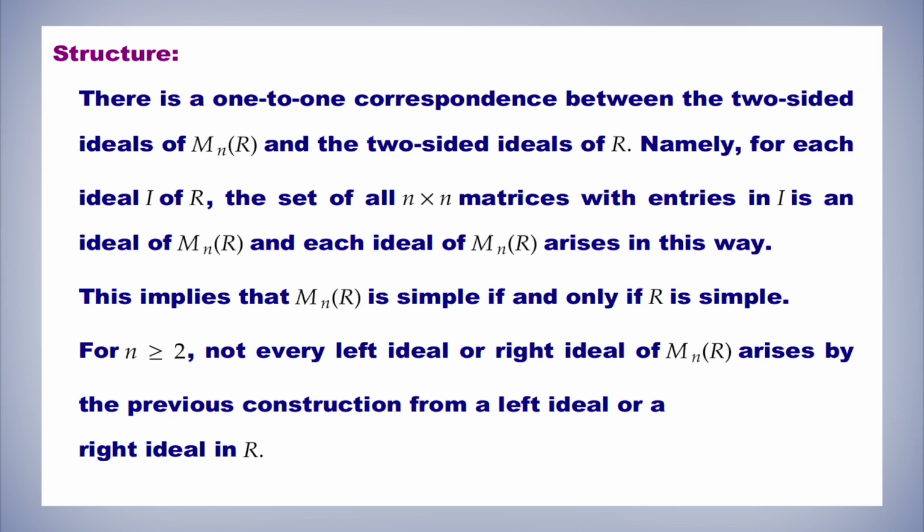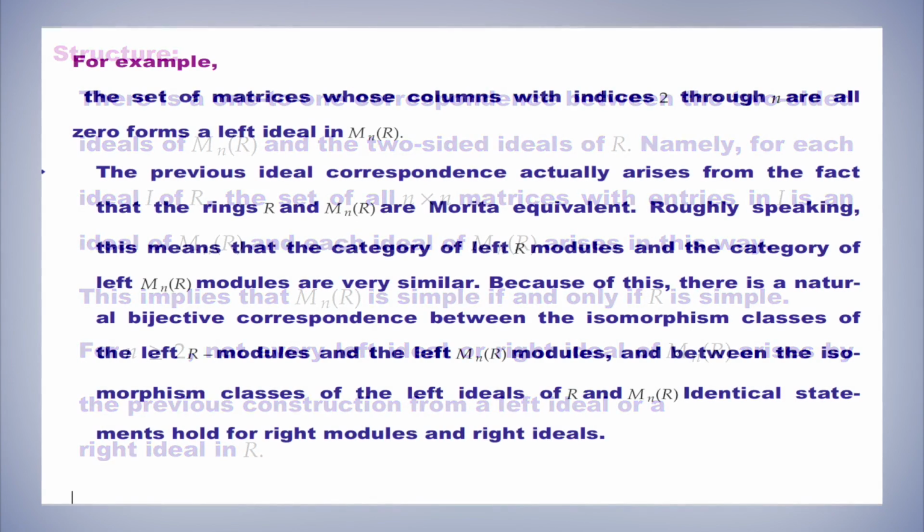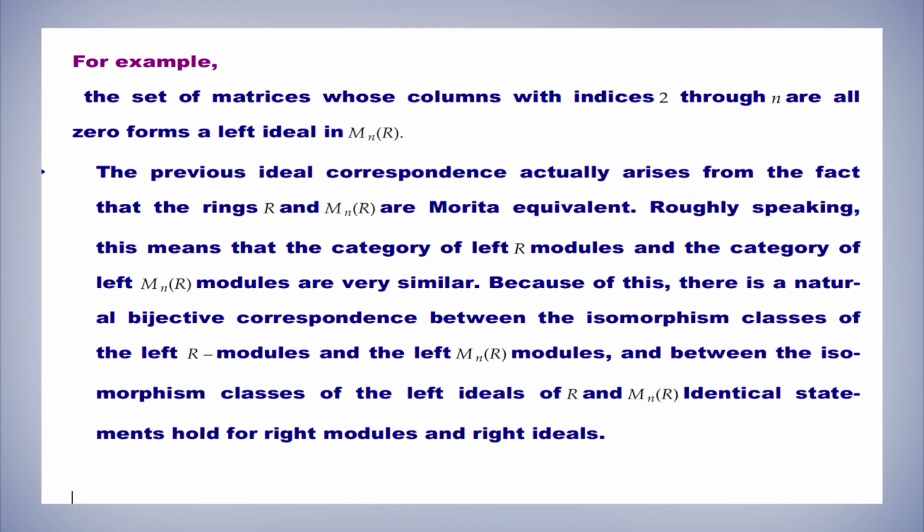This implies that Mn(R) is simple if and only if R is simple. For n ≥ 2, not every left ideal or right ideal of Mn(R) arises by the previous construction from a left ideal or a right ideal in R. For example, the set of matrices whose columns with indices 2 through n are all 0 forms a left ideal